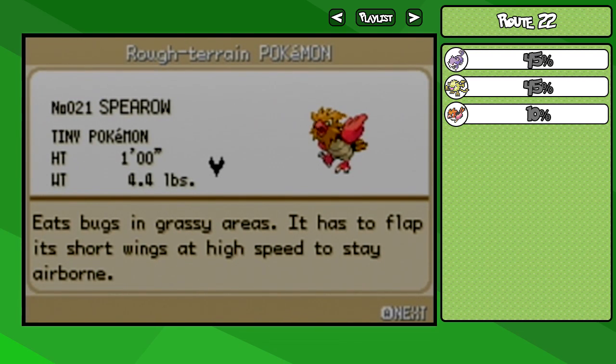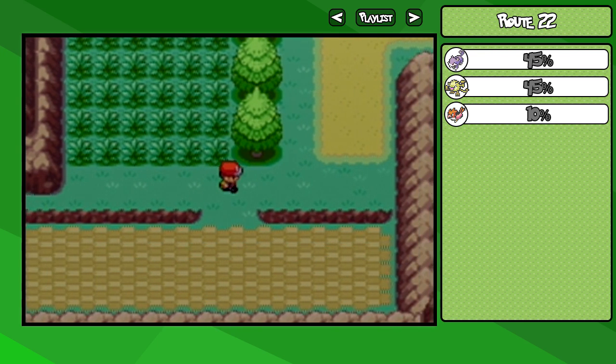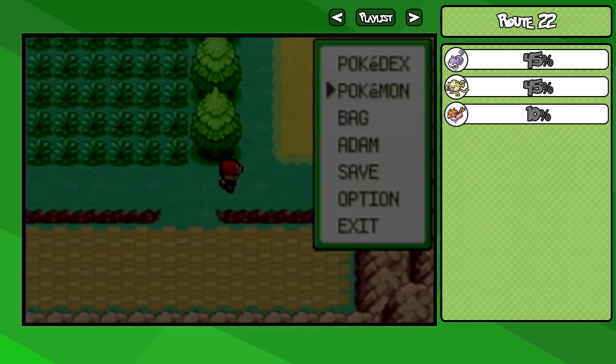Cool. Eats bugs and grassy areas. It has to flap its short wings at high speed to stay airborne. No nickname yet. Also, during the cut, Bulbasaur grew to level 8, and I caught a Rattata just to help create...